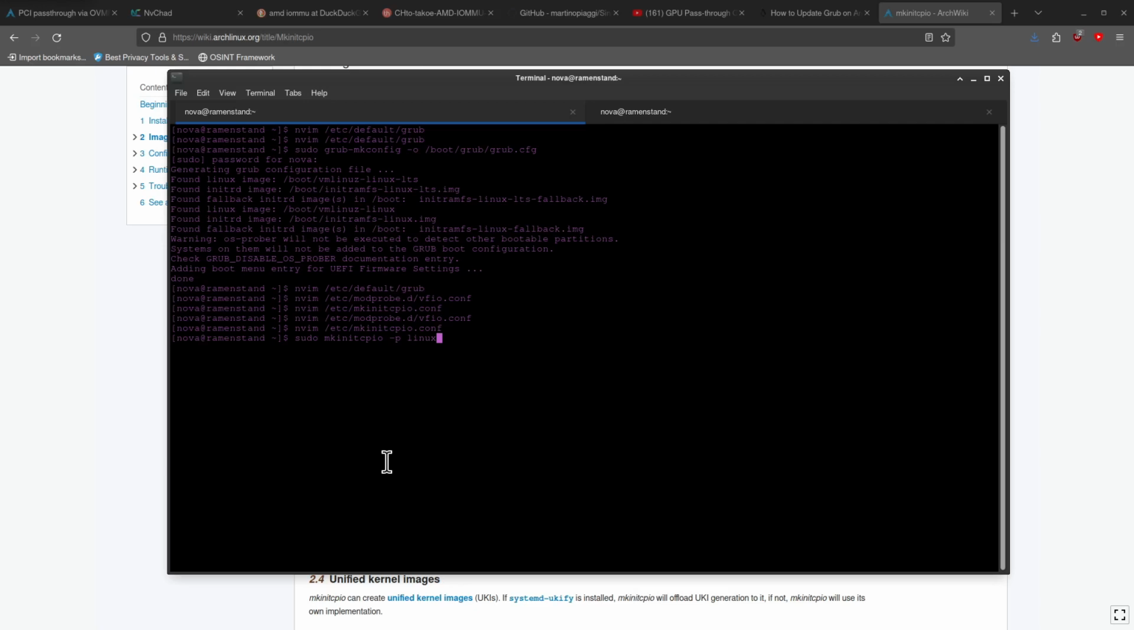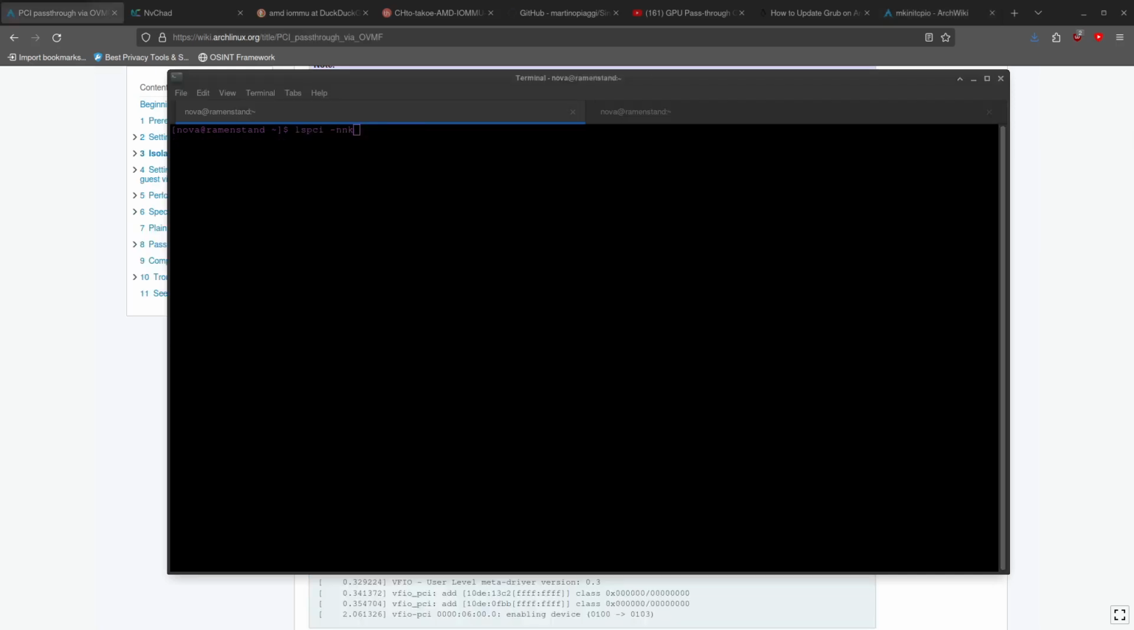And if you have two kernels installed, Linux and Linux LTS, then after you're done running that, you're going to add -lts at the end, and you're going to run that as well. And then after that, you're going to go ahead and reboot. After rebooting, you should be able to do